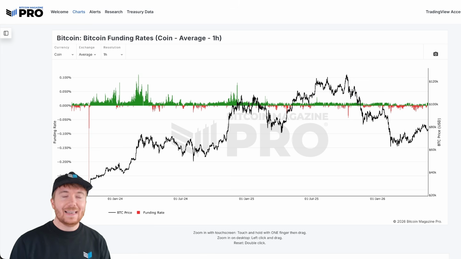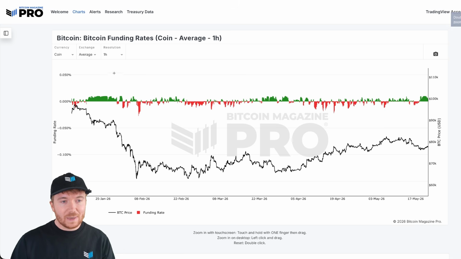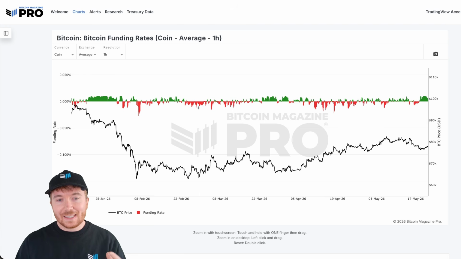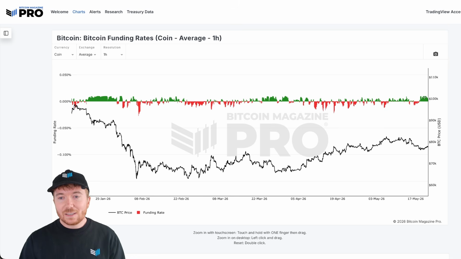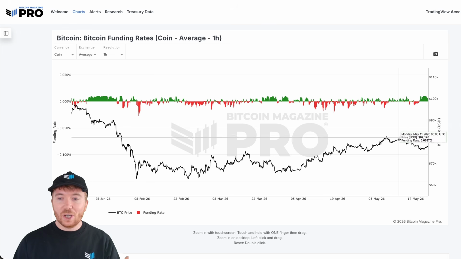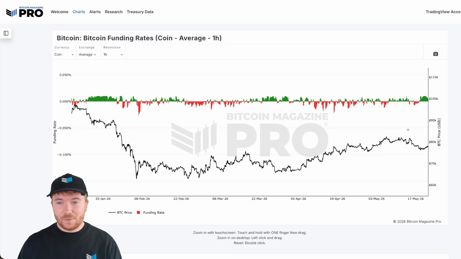What we can also look towards is the funding rates. Like I said earlier, this gives us an idea into the current positioning of a majority of traders. Now, on the short term, if we look at the coin-denominated 1-hour funding rates, this has actually turned positive recently after spending the majority of this downside ranging price action in very short territory, indicating a majority of perpetual futures traders were actually betting on further downside. We've actually recently had probably one of the biggest upside positive funding rate spikes we've had in most of 2026, to be honest. And this occurred just as price has started moving up and then to the downside, people trying to buy the dip, which maybe gives me some indication that there might be some further downside as well.